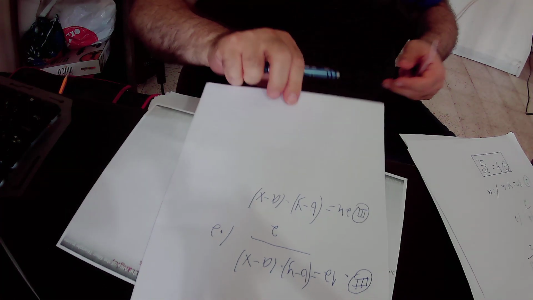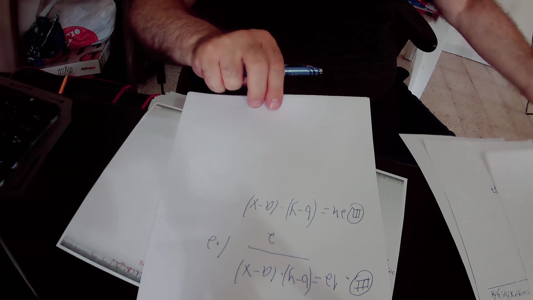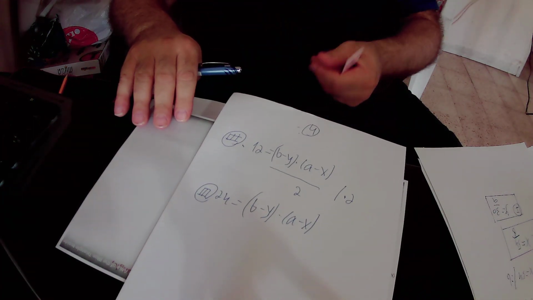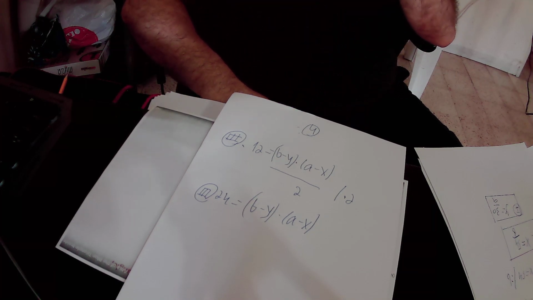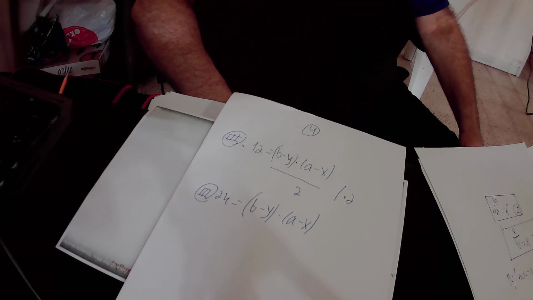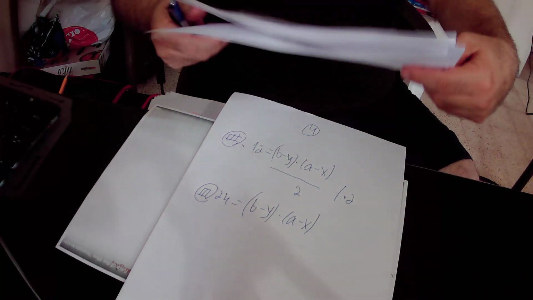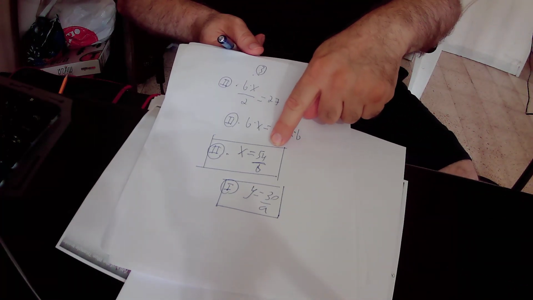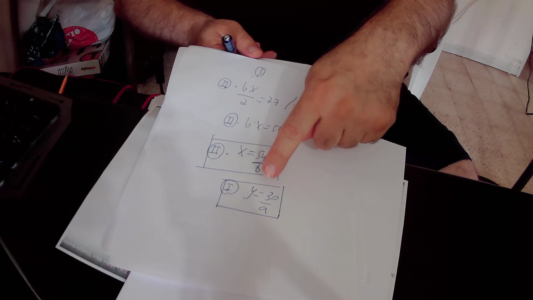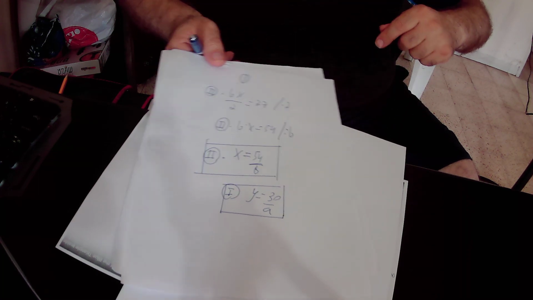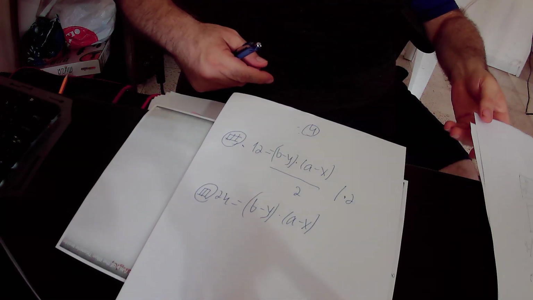So, as I already told you, now we will substitute x and y, and instead of x we will write 54 over b, and instead of y we will write in the third equation 30 over a. Okay,